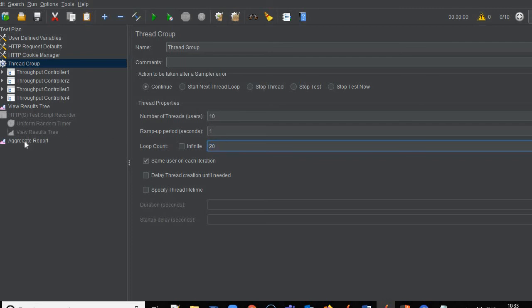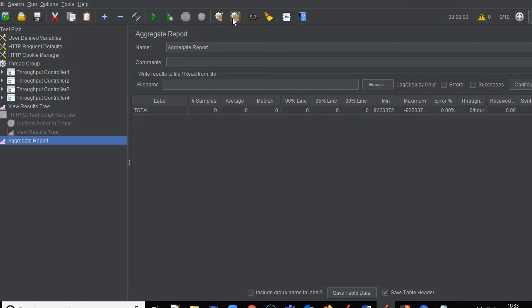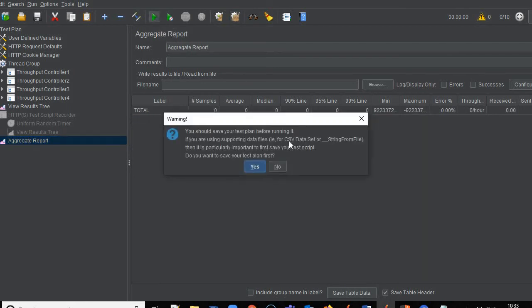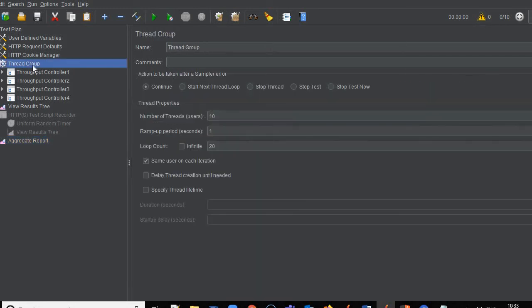Now let's see what happened. I'm just clearing the previous results, and let me click on the execute button now. Now we'll see how it is executing. We can see total 10 users were there and 200 executions were expected, so total 200 iterations were expected.